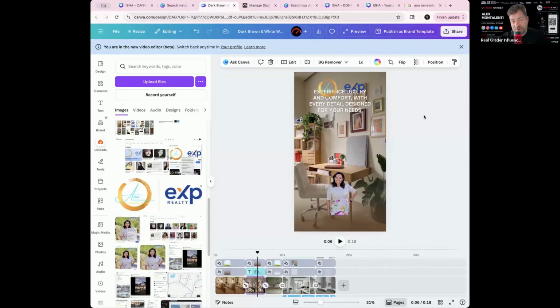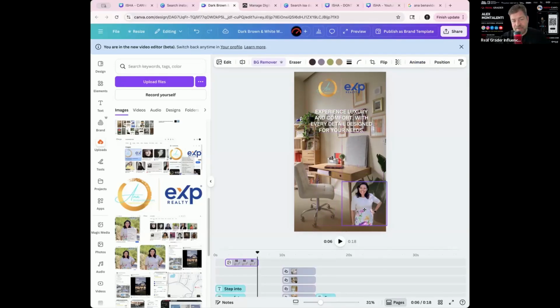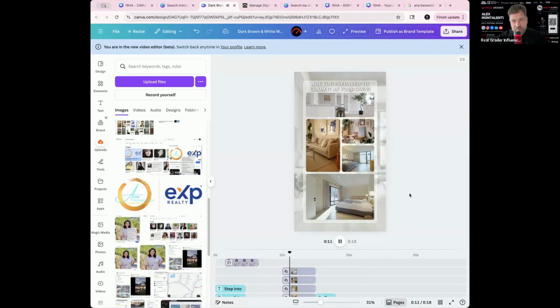Would that save you time? Pretty cool. Let's move the text down a little bit so it doesn't go over. Maybe on the second one, I want to move her headshot down to the bottom right, right? And now let's play this thing. So far, so good. I keep going.